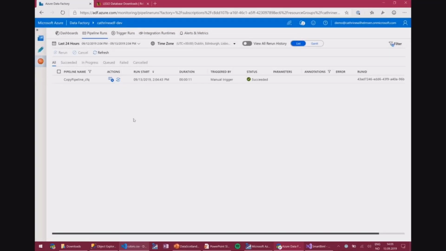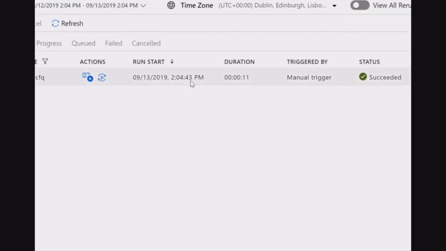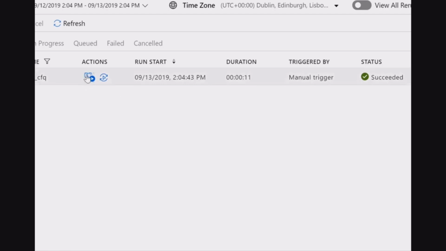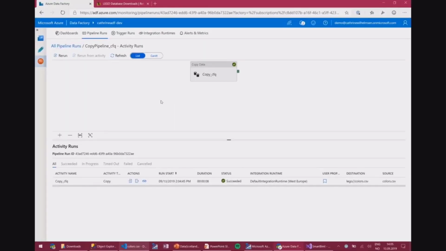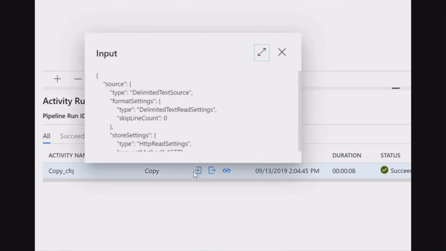And I can see that it ran this pipeline and it succeeded. And you can see all sorts of nice information in here with the run start, the duration, that it was triggered manually. I chose to run it right now. And you can also go in and click and see the view of the pipeline. So inside of this, I see the copy data activity, and I can go down here to these actions and click on the input, and that's where the JSON code pops up.